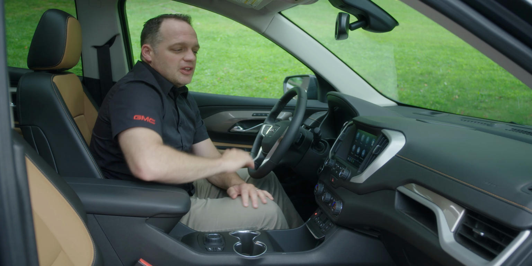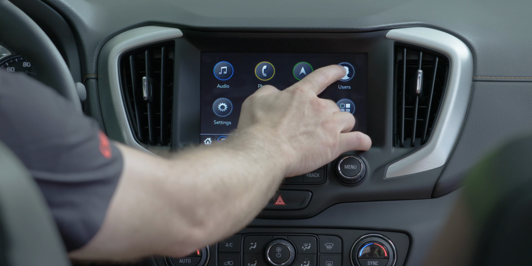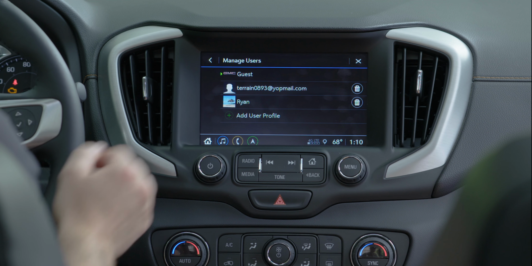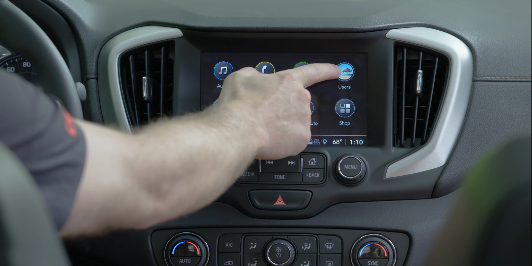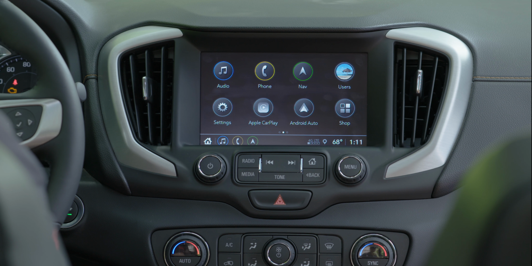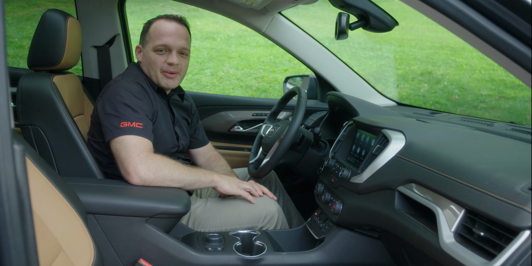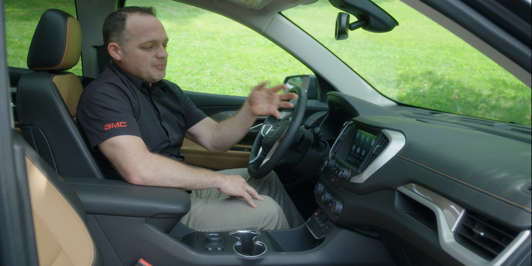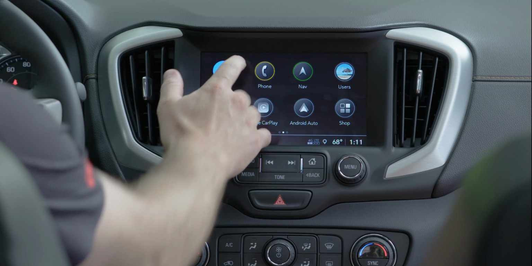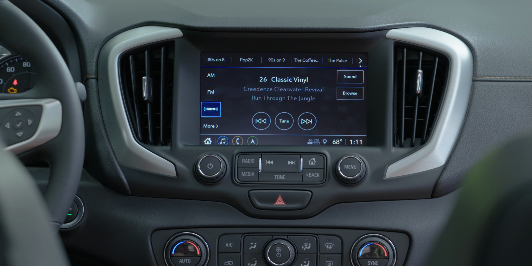So right now we're in as a guest user, but I'll show you here. I can switch over to my profile, which I previously logged in so it remembers my profile. It's loading my profile. And now you can see the image changed to my profile picture, which is a sunny beach. Okay, so now the system knows who I am, and when I interact with the system, it'll know my settings and behave accordingly. So my settings have been loaded into the audio app, which we can see here,